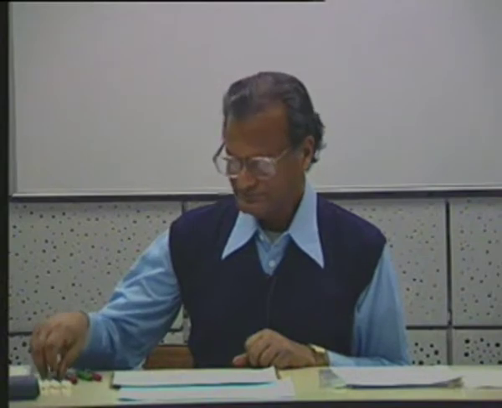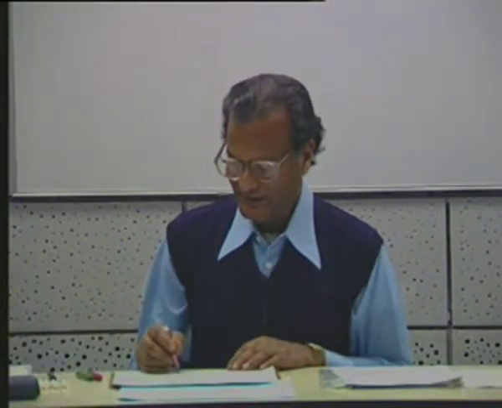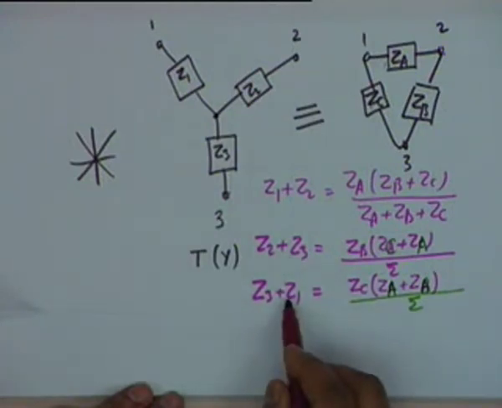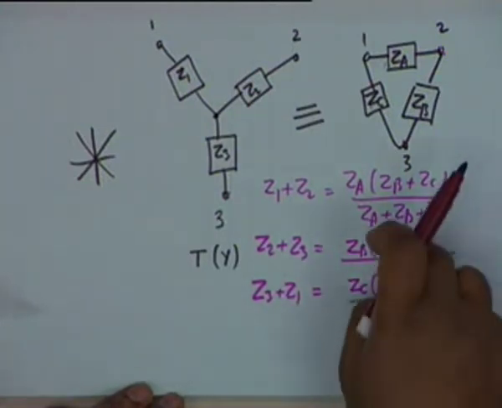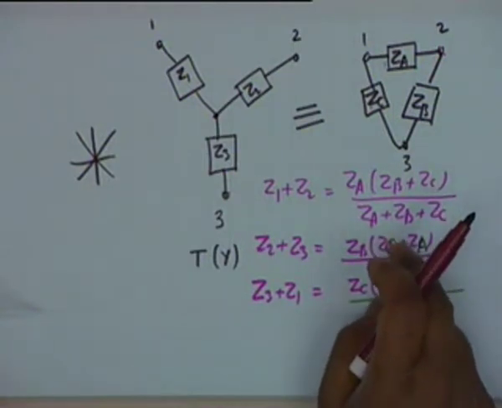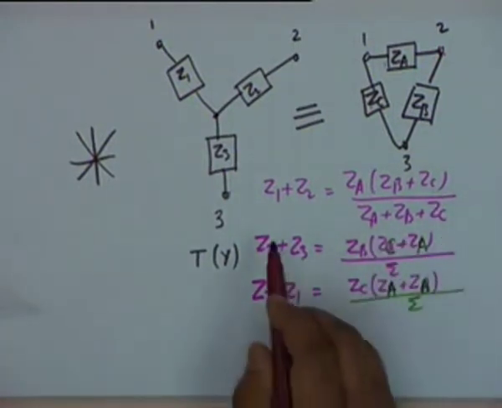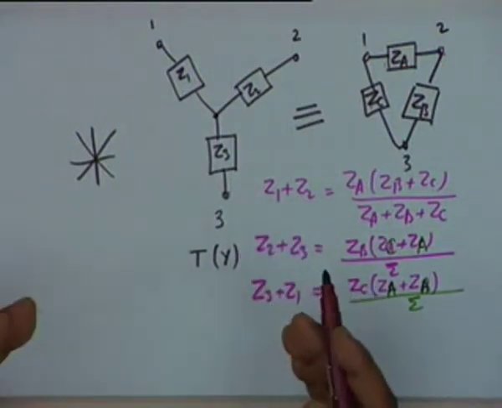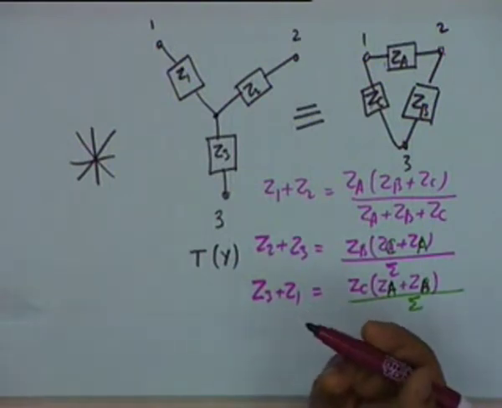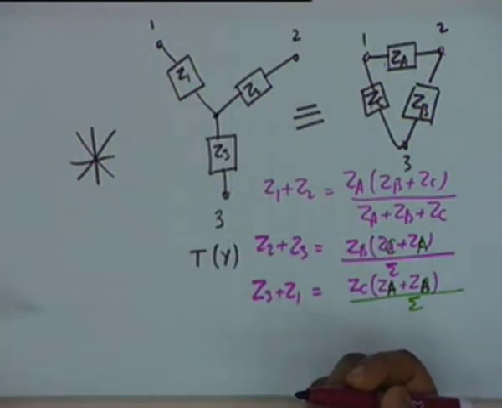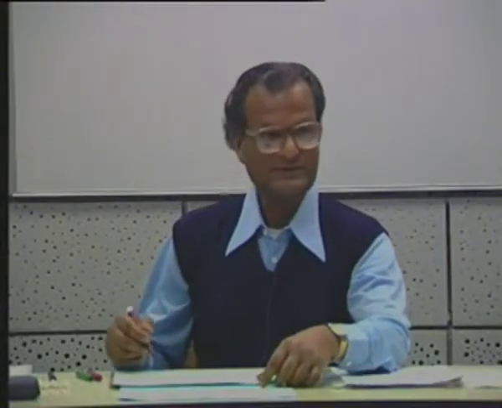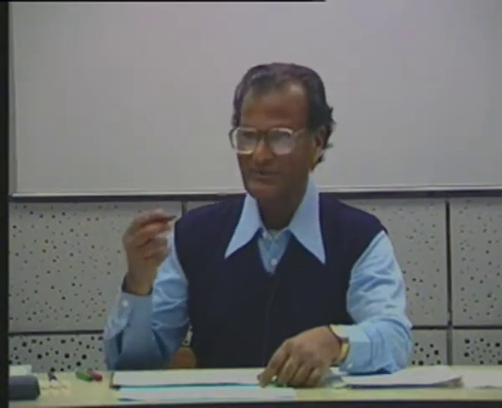You see, if I look at these two relations, Z2 plus Z3 and Z3 plus Z1, suppose I subtract this equation from this, then I shall get Z2 minus Z1. The first equation gives me Z2 plus Z1, and therefore by adding and subtracting I can find out Z1 and Z2. Similarly for the third. Is this clear, the manipulation? All right, we will do that also.